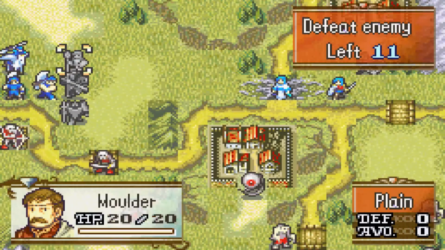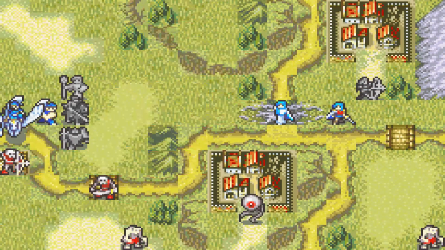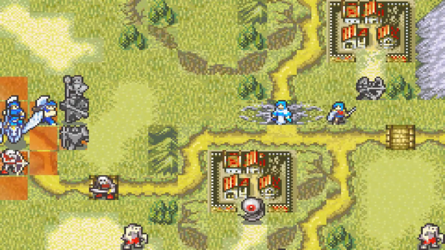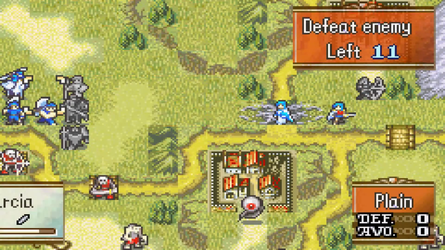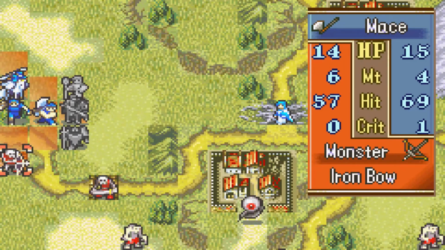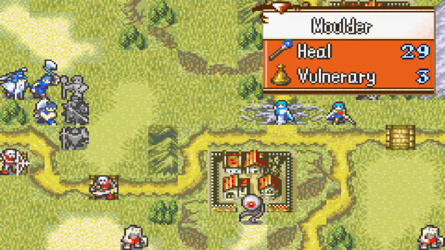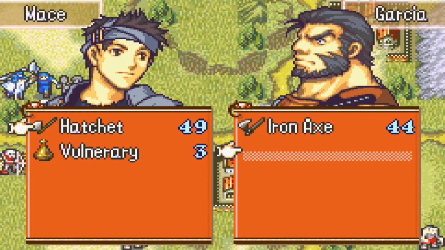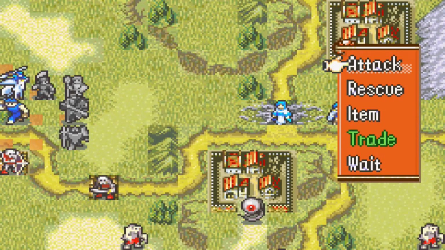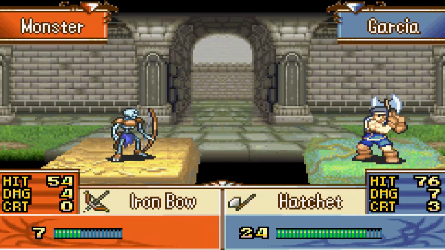So when sending a lot of units to the right, the player might get a bit overwhelmed. Catching them off guard, which is kind of a good idea, I guess. Why do you not have a hand axe? That actually is really dumb. We could, however, if we are going to do a clever strategy, let's put you over here. There we go. That is way better. Vanessa's too weak.